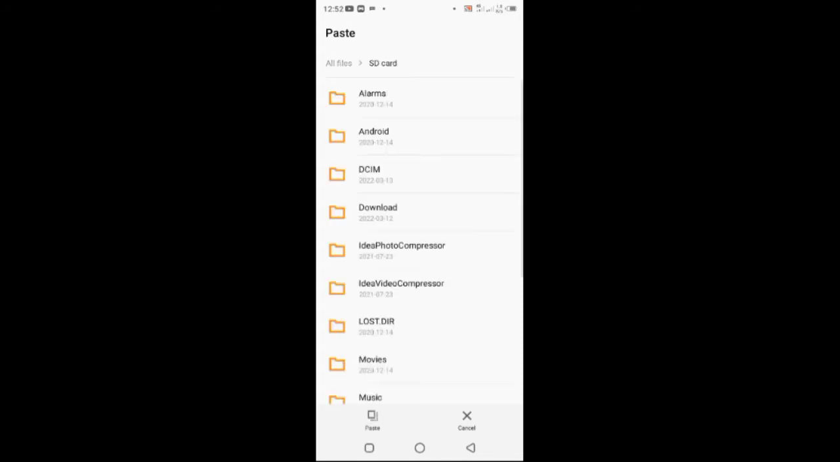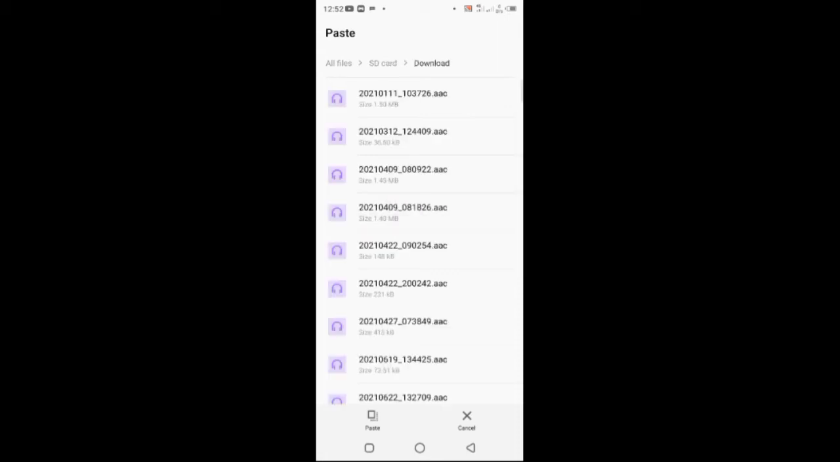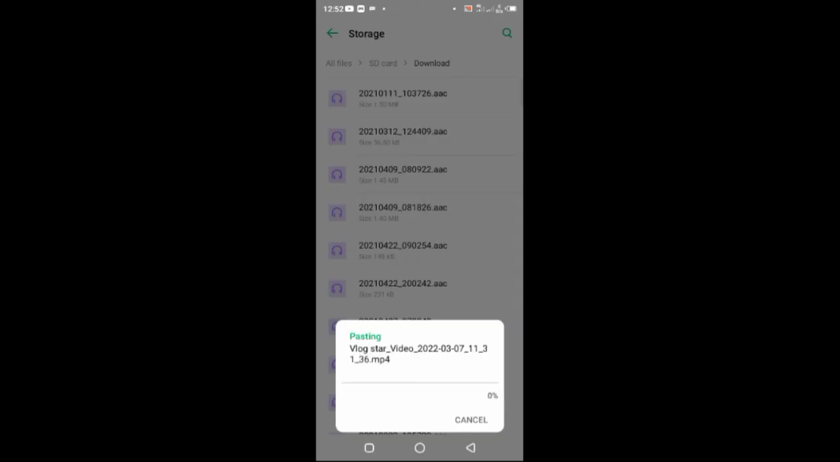Okay, so you say move to your SD card. All right, you select where you want to move it to. Let's say you want to move it to download. You could say paste. All right, so it's going to move and paste it here. All right, okay, so it's going to take a little while